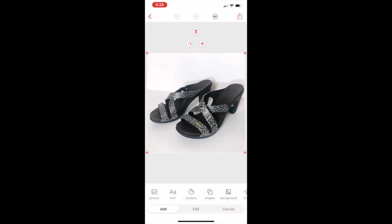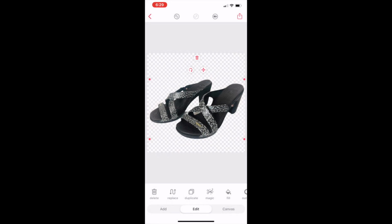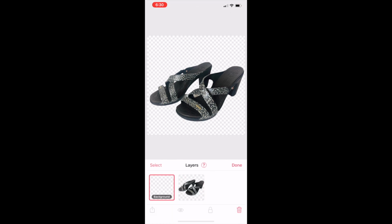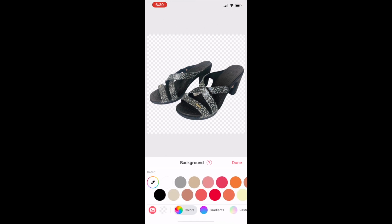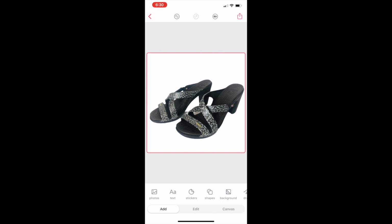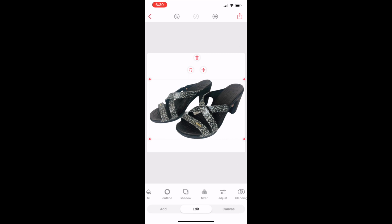These shoes, for instance, it didn't delete all of the background. So as you can see, there's a little portion that we'll have to actually delete. So you'll select the background once again, and then you will make the background white again, and then you'll go back to the canvas and change layers. So you're going to change it back to the actual item, and then you'll just zoom in and find the eraser tool,